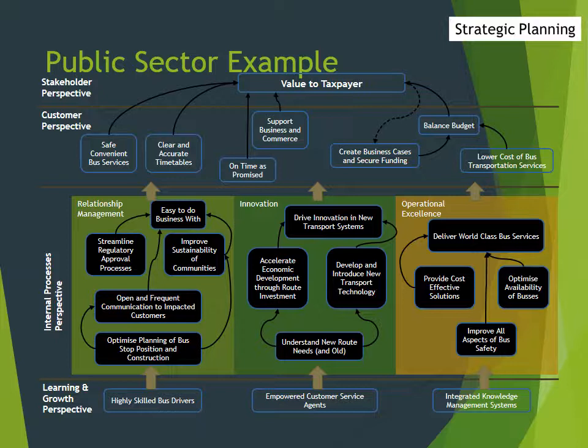So now we look at relationship management, we look at innovation, we look at operational excellence. The reality is these are the ways that you can make the internal process work better. How do we grow? We make our bus drivers better. We empower our customer service agents, and we integrate knowledge management systems to help everyone along the line in understanding